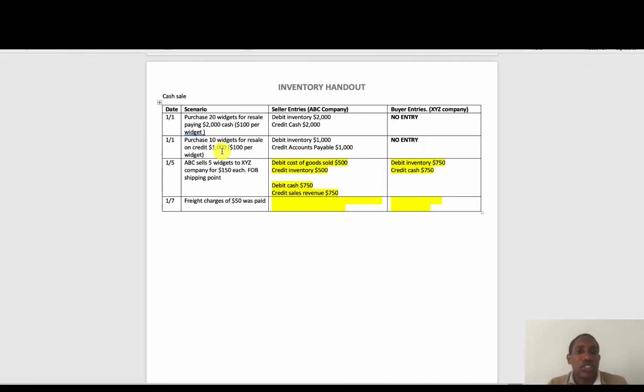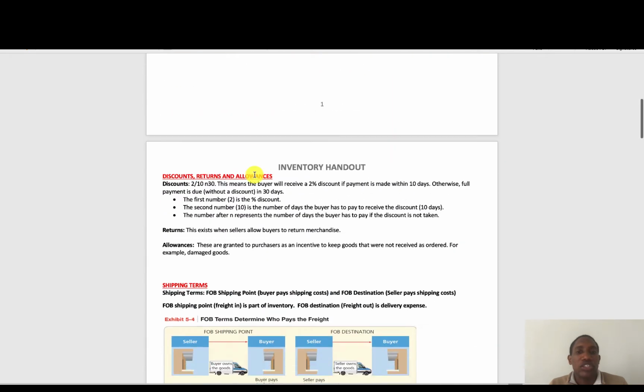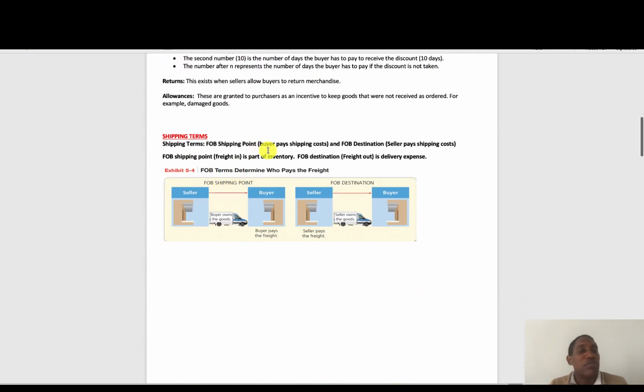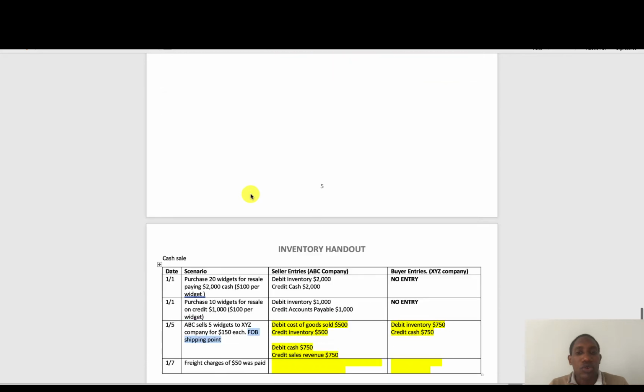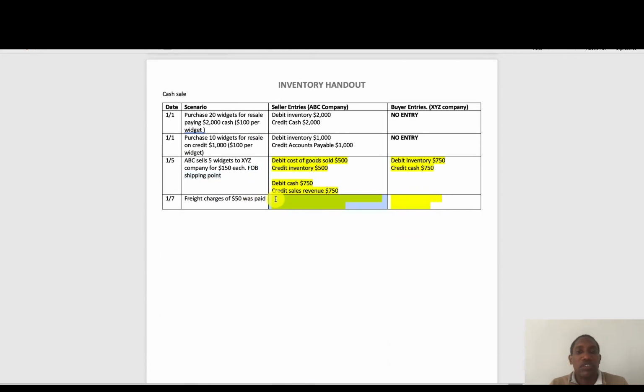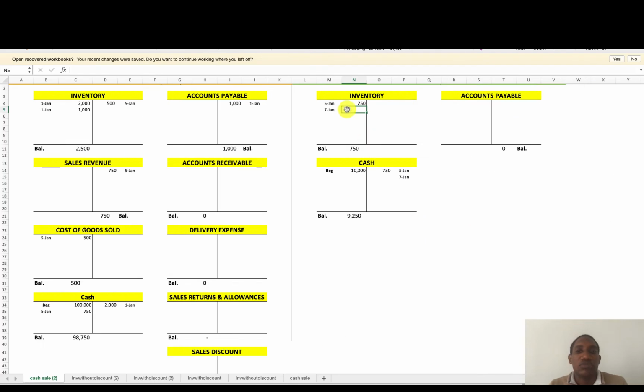Now, the other thing is that this was FOB shipping point. So FOB shipping point on this transaction, who pays the shipping charge? You remember FOB shipping point? The buyer pays the shipping charges and it's part of inventory, right? So when we come down, there's going to be no entry here for the seller as it's FOB shipping point. And then we're going to debit what? Inventory for the shipping costs, right? Whenever it's the buyer paying the shipping costs, you're going to debit inventory. When it's the seller, you're going to debit shipping expense. So we're going to debit inventory for 50 and credit cash for 50. So here's my inventory for 50, here's my credit to cash for 50,